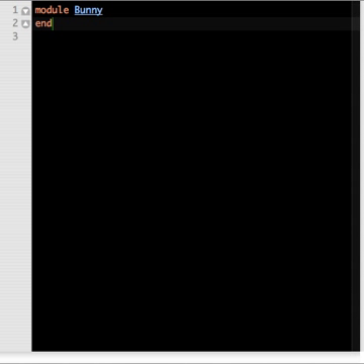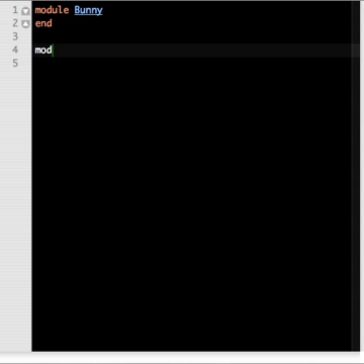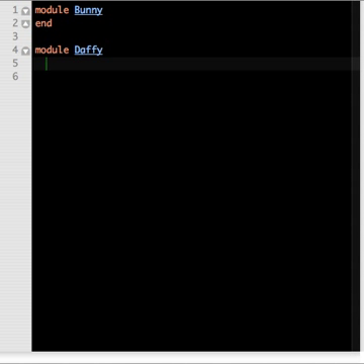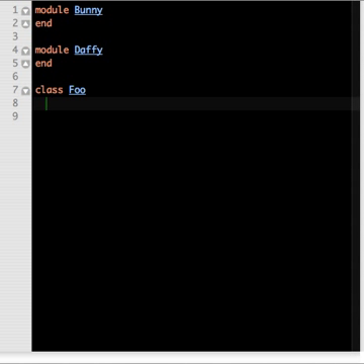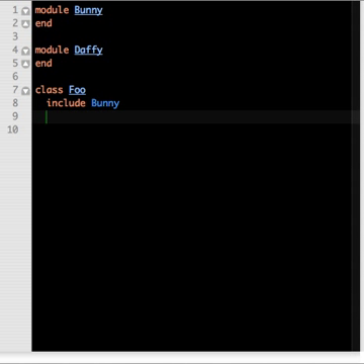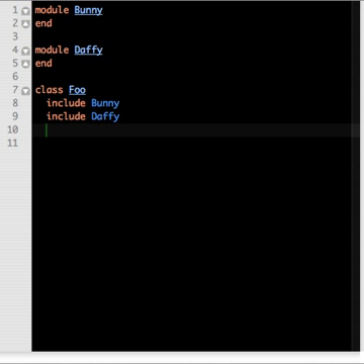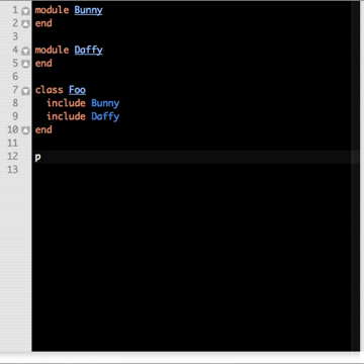Okay, let's get started. I'm going to declare a module, two modules actually. It's just empty, does nothing. And then let's define a class that will include both the modules we have defined. Let's print the